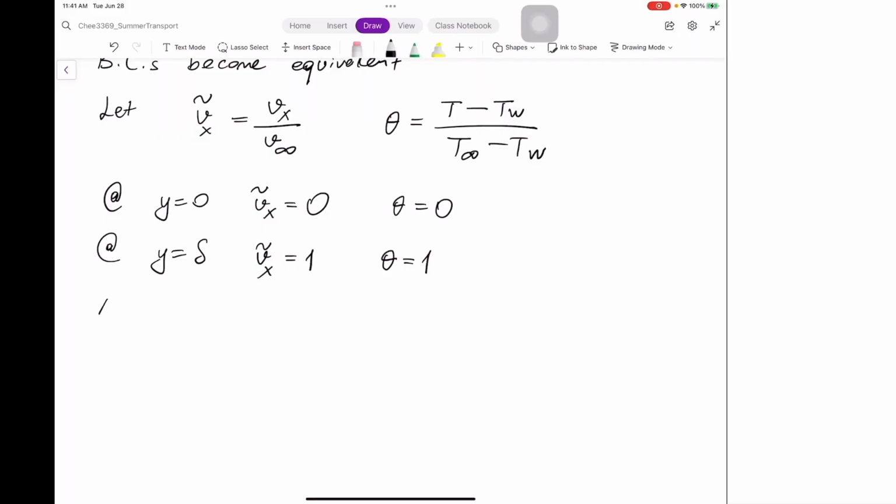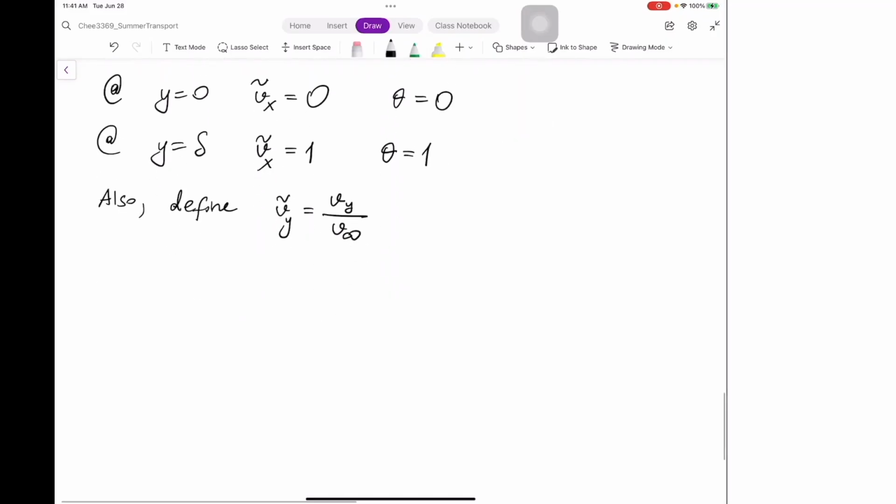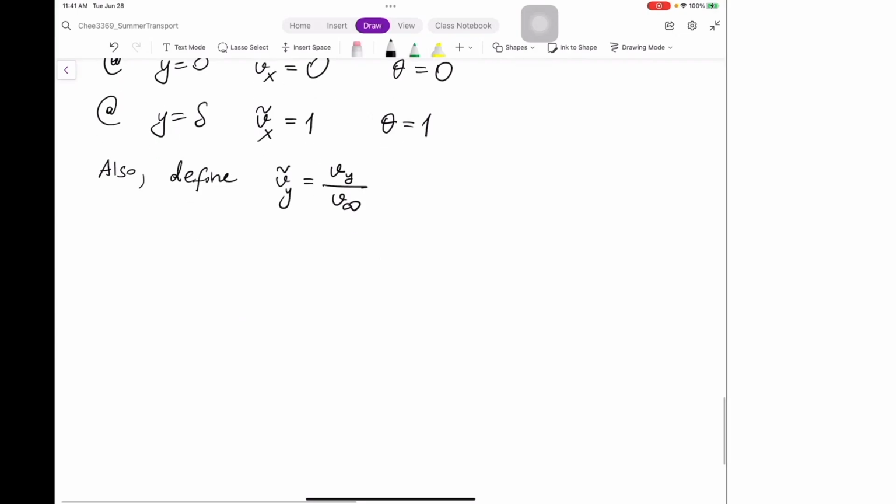And also, there's one more variable that we didn't take care of, which is Vy. Define the non-dimensional Vy as Vy divided by V infinity again, so we are dividing by the same number. So substituting these into the x momentum equation,